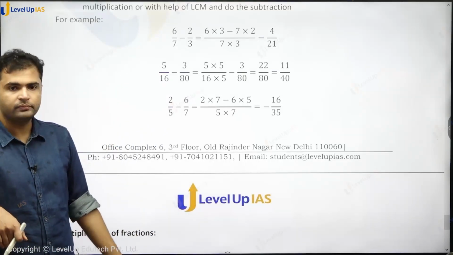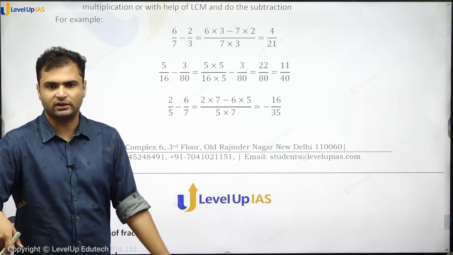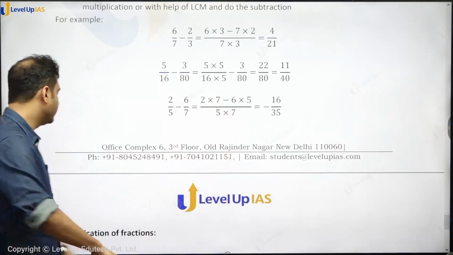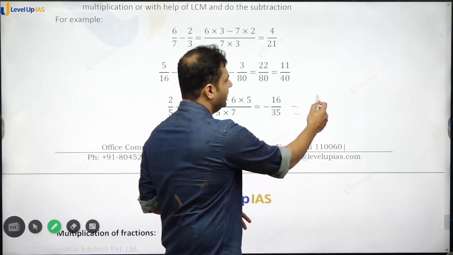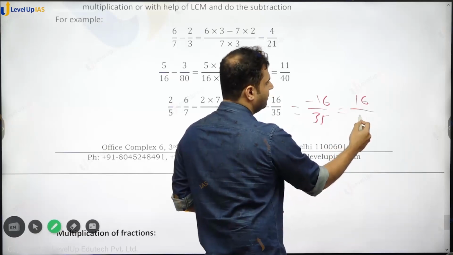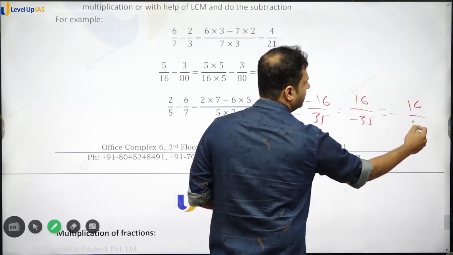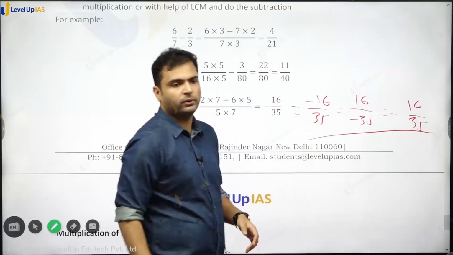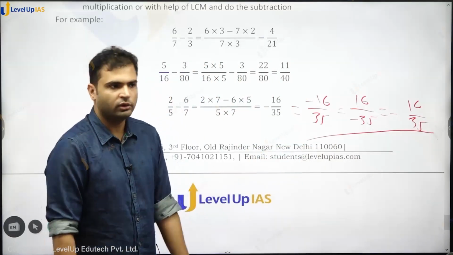ठीक है? फ्रैक्शंस निगेटिव में भी आ सकते हैं, क्योंकि सब्ट्रैक्शन है, निगेटिव में जा ही सकता है। And this negative sign we can write as minus 16 by 35. We can also write it as 16 by minus 35. We can also write it as minus of 16 by 35. All of them are equivalent. माइनस साइन कहीं पे भी डाल दो एक जगह पे, इट इज सेम, कोई फर्क नहीं पड़ता।